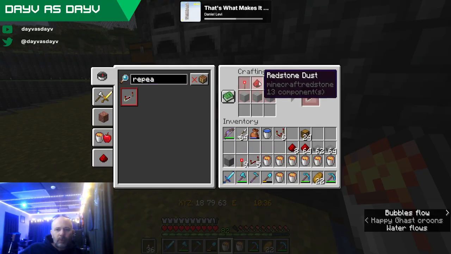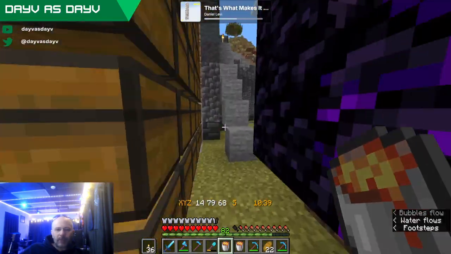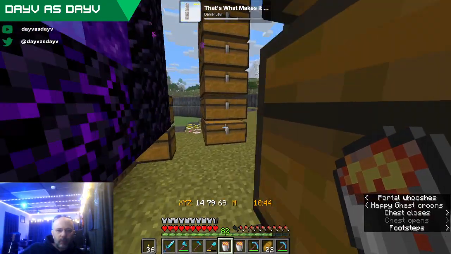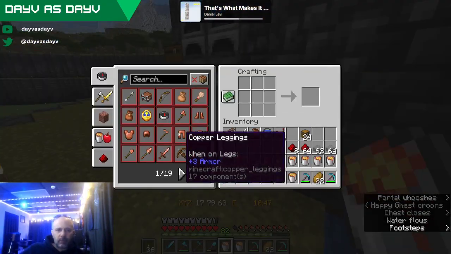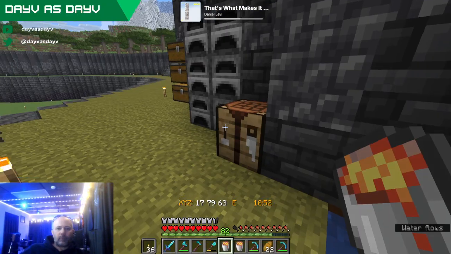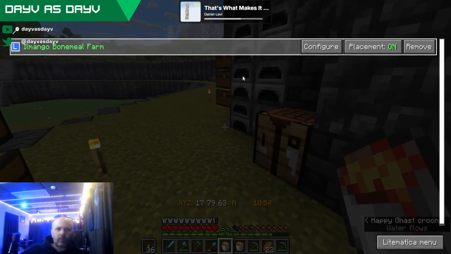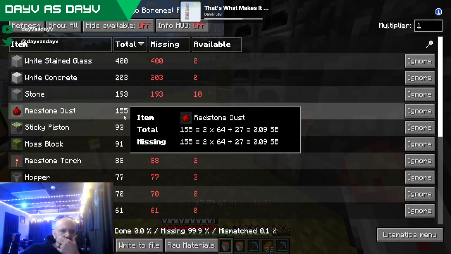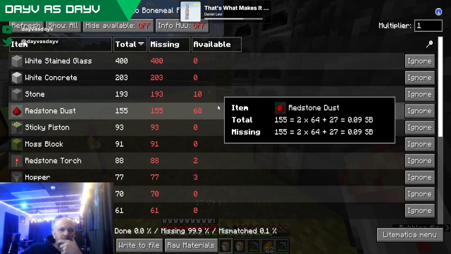Headstone. Oh, I got rid of it when I made the slabs. Configure. Material list. It's already over there.